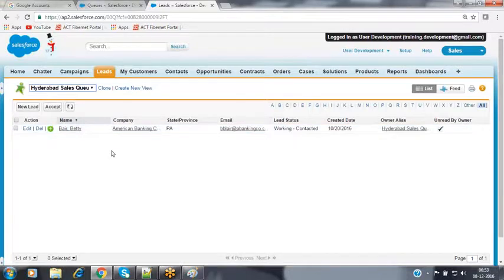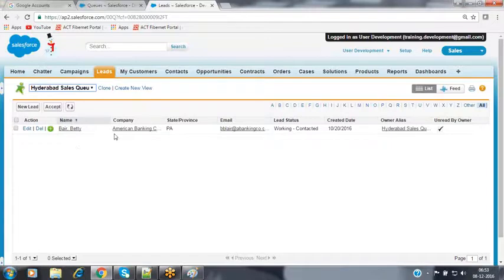Now, I am a salesperson. I am ready to work on this lead record because I am free today, so I can follow up with this lead. I can start contacting the lead and convert it into a customer. In this scenario, as of now, the lead record owner is the queue. As a queue member, I am going to take responsibility for converting this lead as a